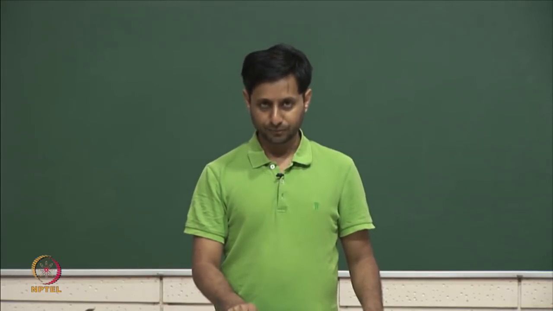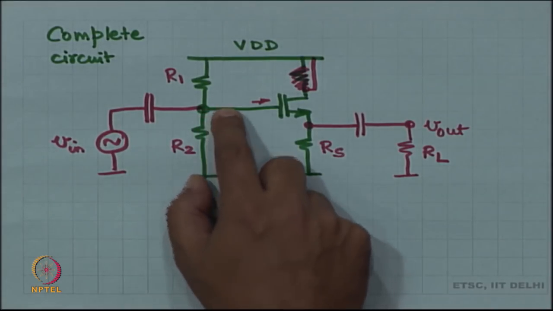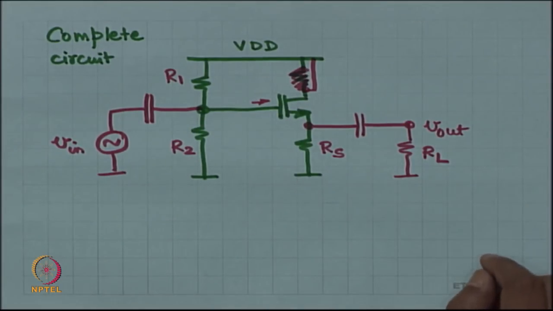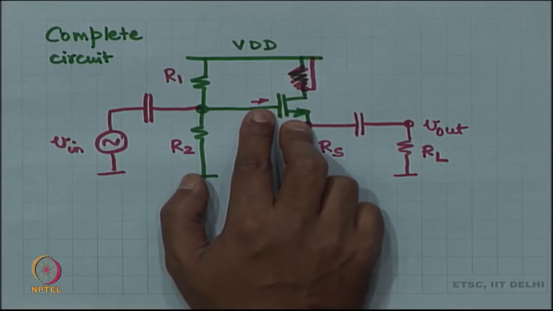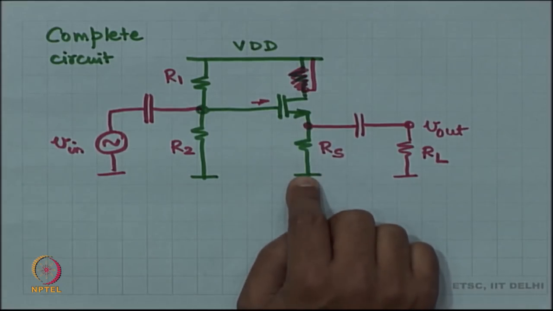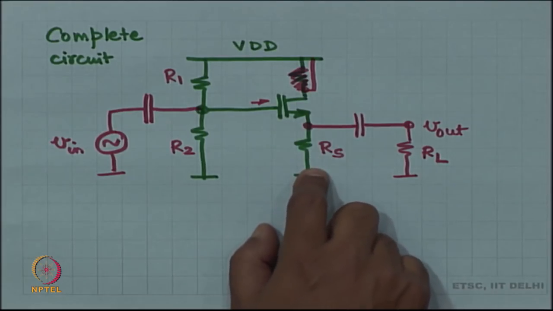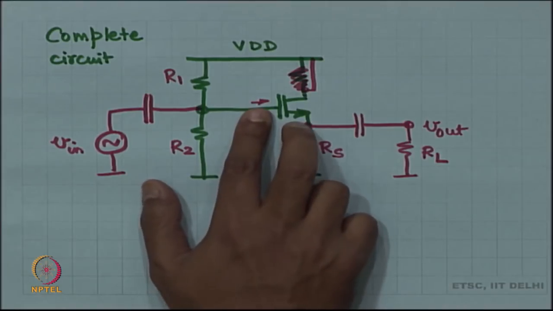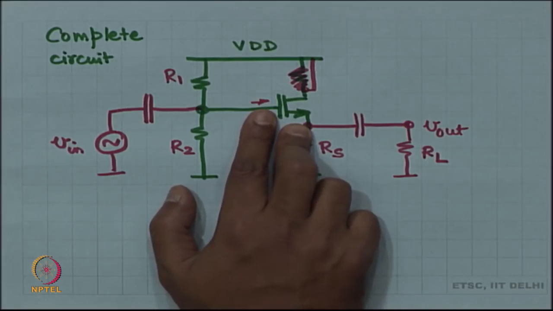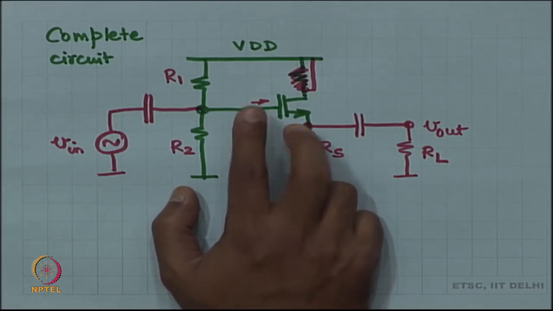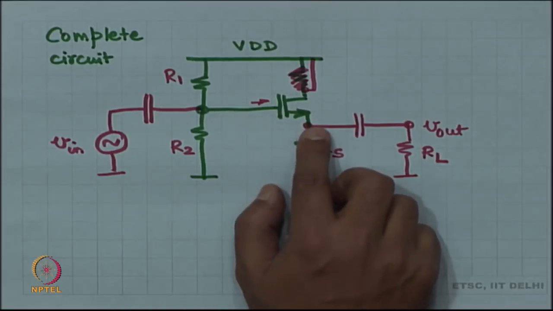You have R1, R2, you find the ratio of R1, R2, establish the gate voltage, then you can do a KVL and figure out what is ID, or you could just assume that VGS minus VT is approximately 0.2 volt, then you figure out the source voltage, and that automatically gives you the drain current, and then you can go back and compute for this drain current what is VGS, what is VGS minus VT, check is it 0.2 volts, oh no, it was not 0.2 volts, it is 0.14 volts, and then readjust, right, make this 0.14 volts plus VT, then compute the drain current,